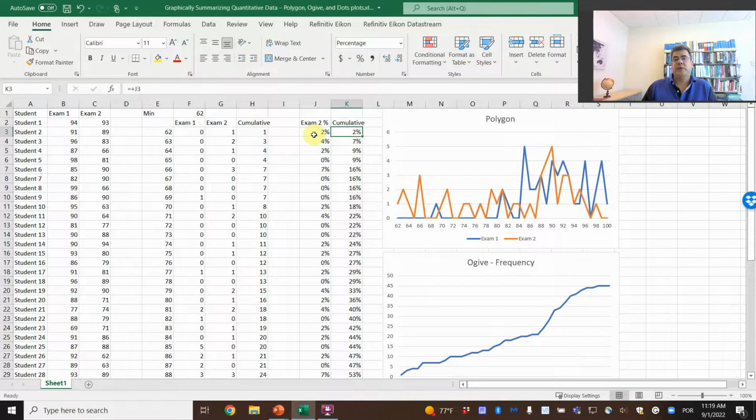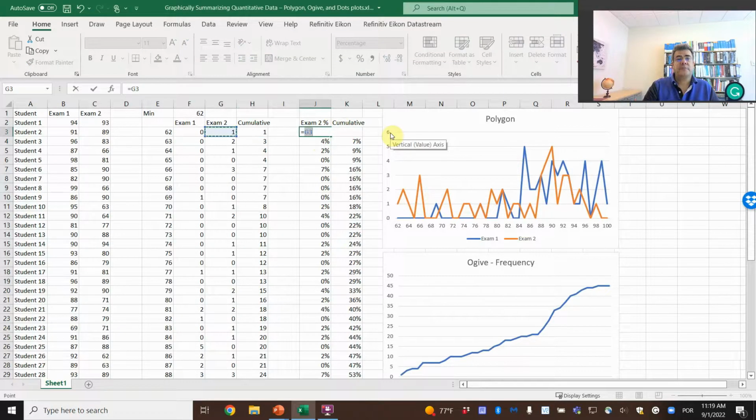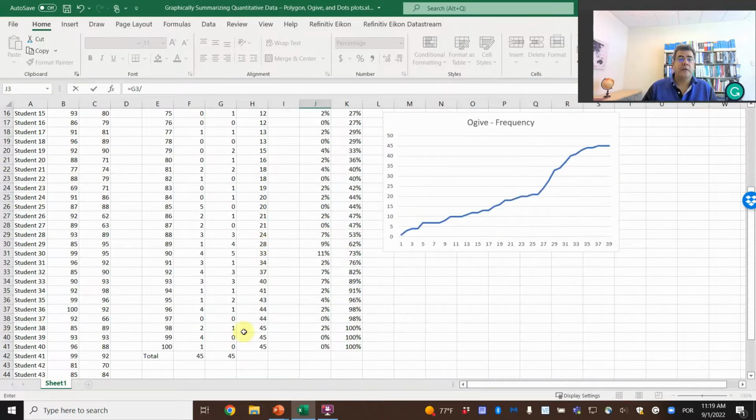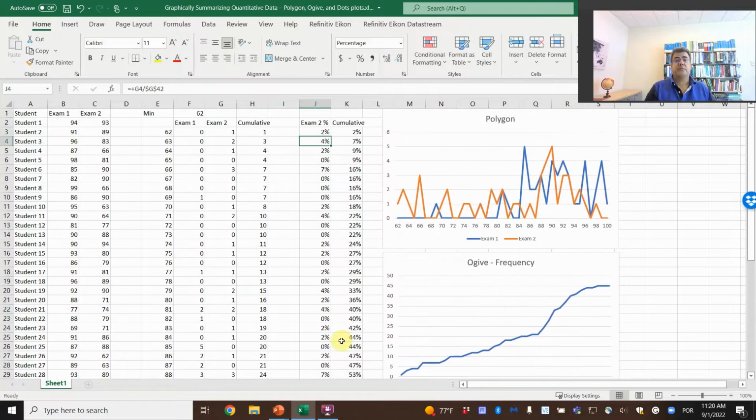So the first one is the first number, the second one, previous balance plus second number, and so on. And the percentage is frequency divided by total, and then the total we fix it. So 2%, and then we copy and paste this formula to the remaining ones, and then cumulative,